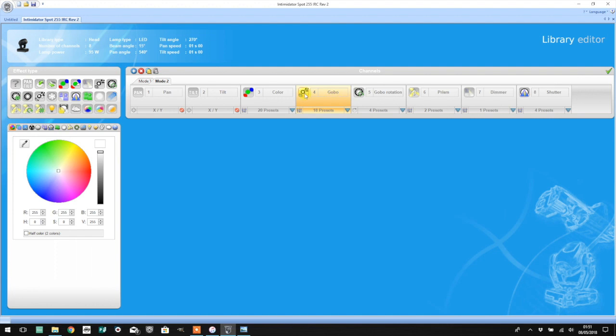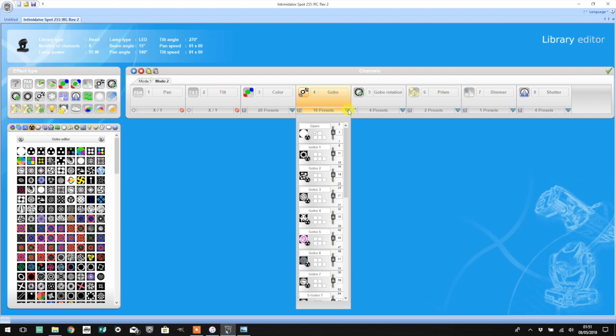So the first one is gobos. Now, if you click the little drop-down arrow beneath gobo, you'll see the names of the gobos as they appear in Light Rider. So open, gobo 1, gobo 2. So what I'm going to do is just show you how to change those, and it's very simple. You just double click the name and you give the gobo